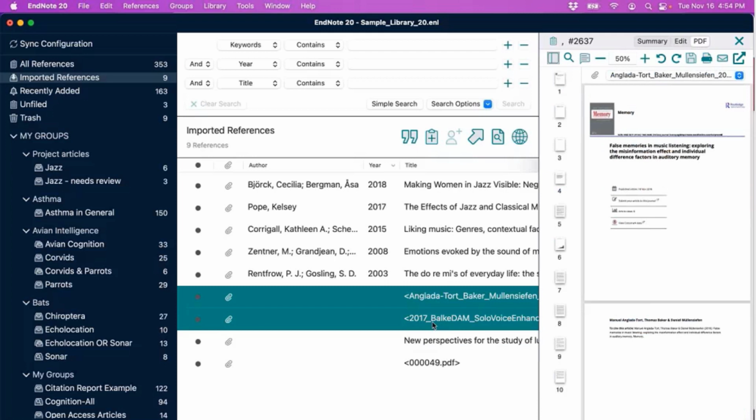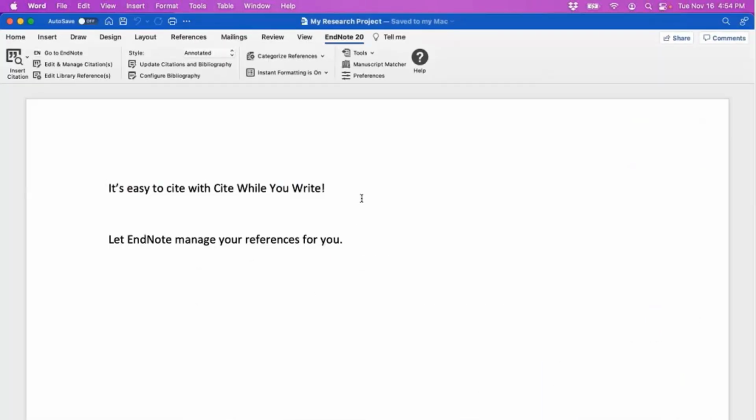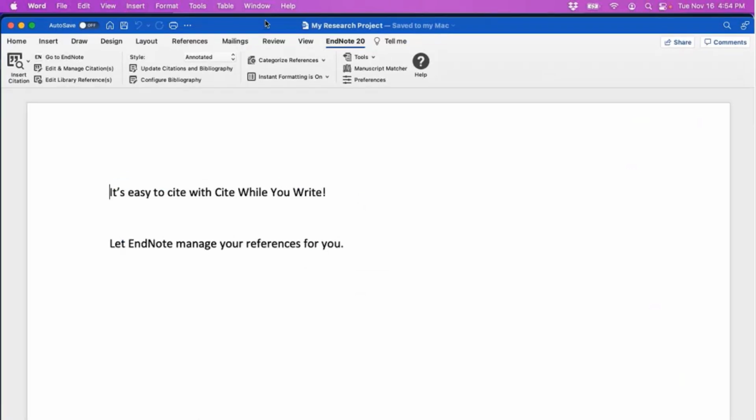But I did just want to quickly give you, like I said, a daily driver overview of the Cite While You Write add-in for Microsoft Word. So when you install EndNote on your computer, EndNote will scan the drive for compatible versions of Microsoft Office, and so long as a compatible version is found, EndNote will load the Cite While You Write add-in for Microsoft Word. The next time you launch Word, on the ribbon, which is what Microsoft calls a series of tabs that run across the top of the document window, you'll see that there's the EndNote 20 tab.